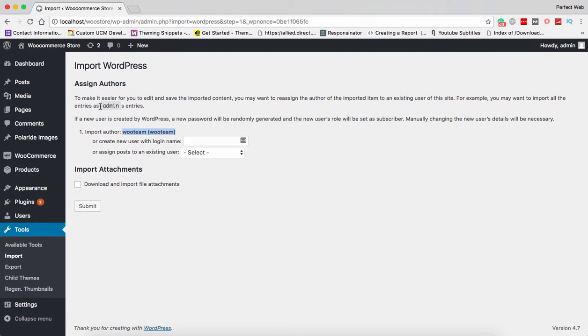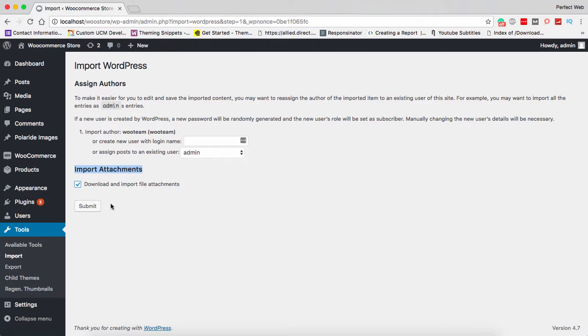Basically, it's telling you that if you import these items from the XML file, it will create a WooTeam user, or you can create a new username, or you can assign these posts to an existing user. I already have three users here, so I will select admin, and under import attachments, I will select download and import file attachments, and then click Submit.